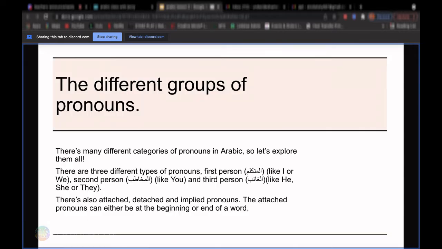So there are 3 different groups of pronouns, and they're just like English. So there's the first person, which is al-mutakallim, and